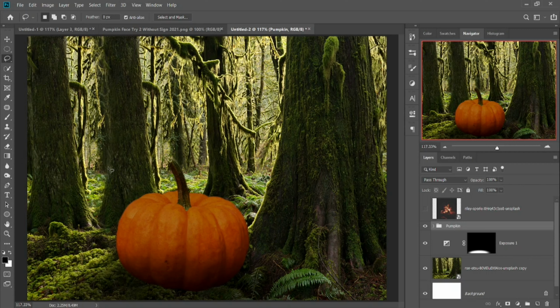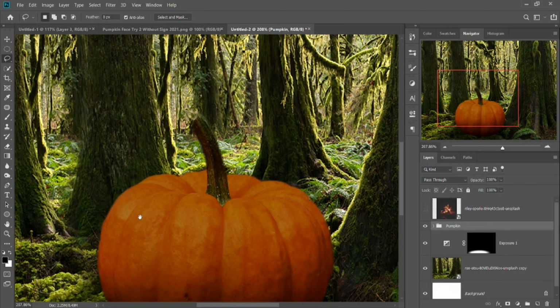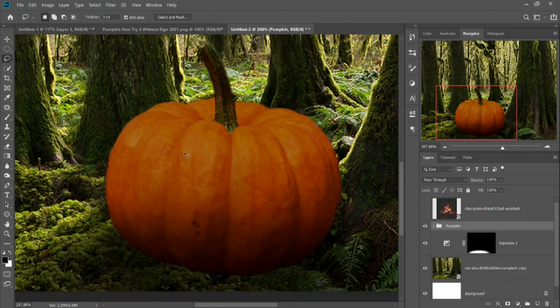Okay, so what you're going to want to do is you can create any face you want at all. I'm going to create something somewhat random, like maybe just something with some big, wobbly eyes. Then shift,